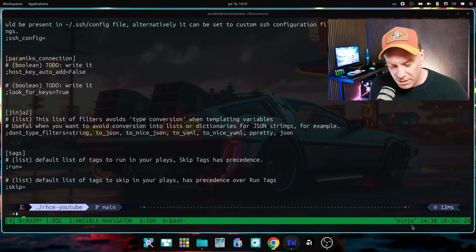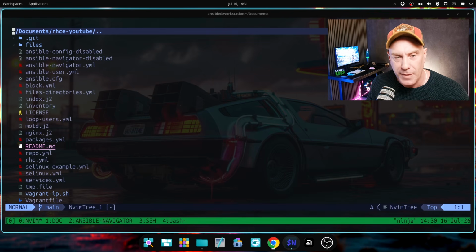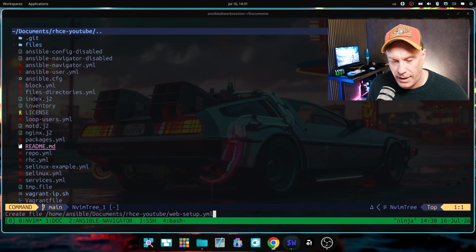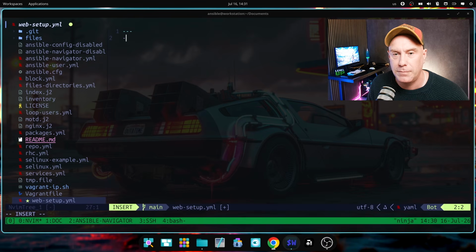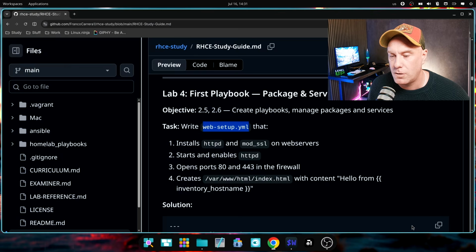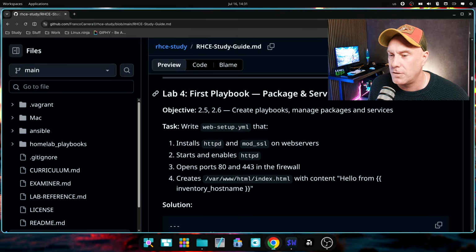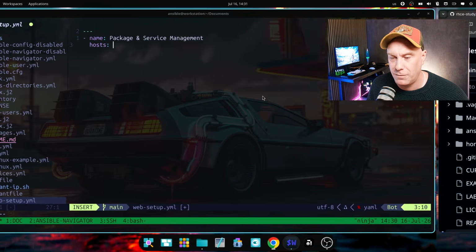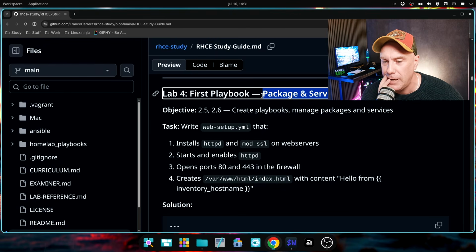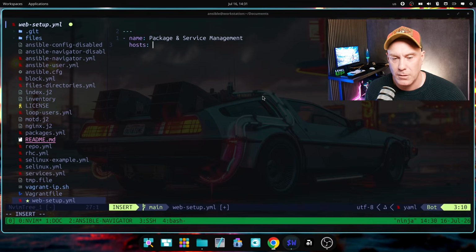So let's start with our first task, fire up nvim and create this file that Franco wants us to create. Name. Let's go back, see what we are doing. Packages and service management. Let's just copy that. Put that in there. Hosts, don't know. I should have checked that while I was there. Install it on web servers. So